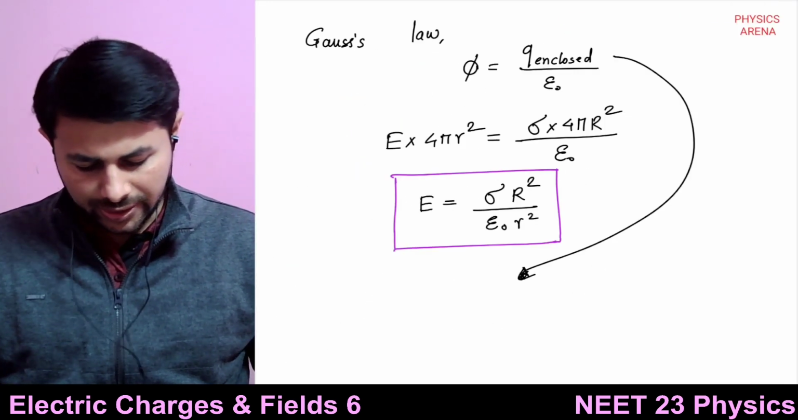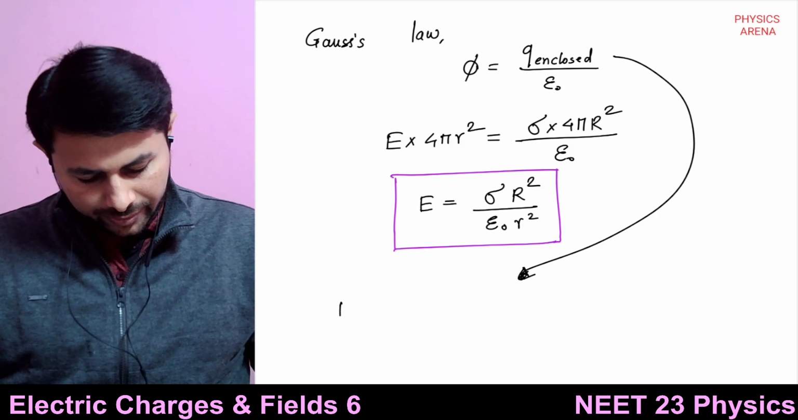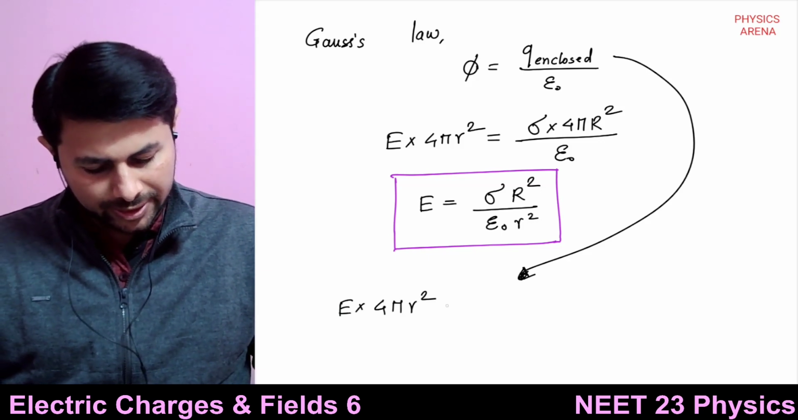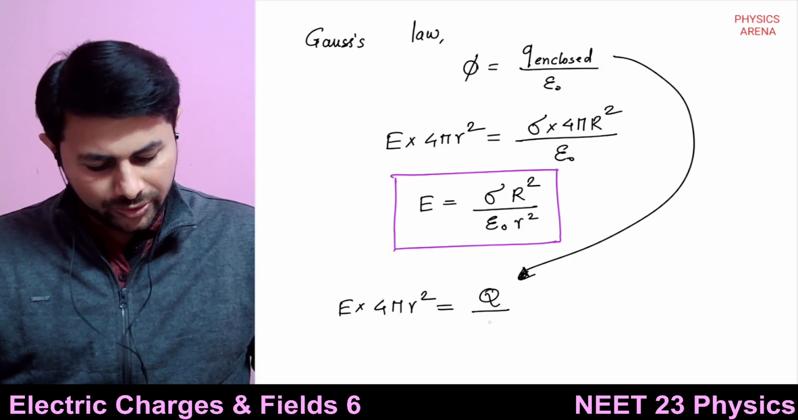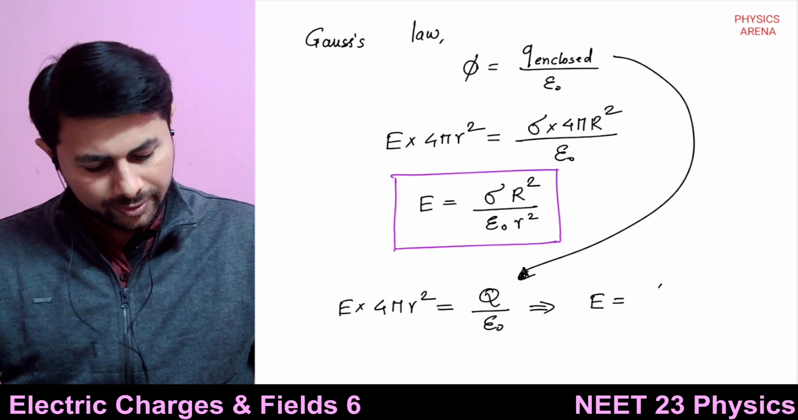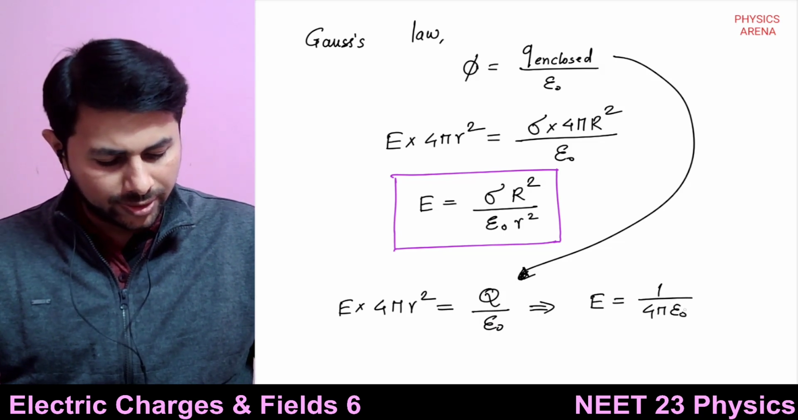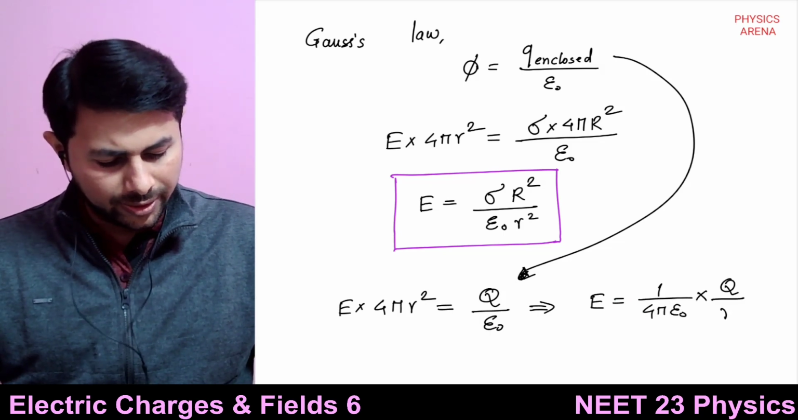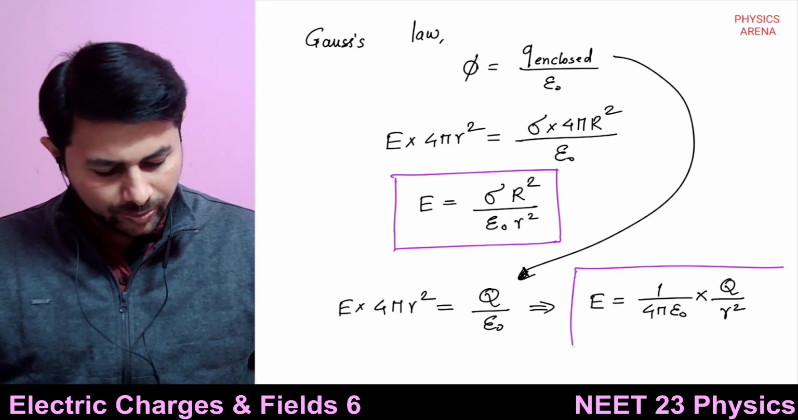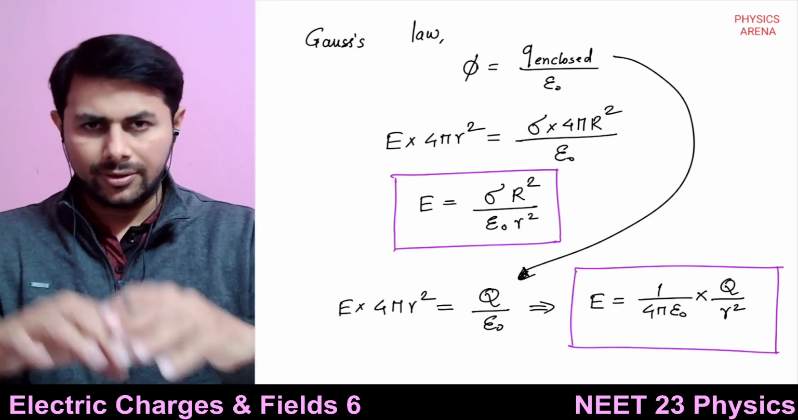So if you use that, then you get E multiplied by 4 pi small r square is equal to Q upon epsilon naught. So that means E is equal to, once again, 1 upon 4 pi epsilon naught multiplied by Q upon r square. So once again, you can say for a point which is outside the